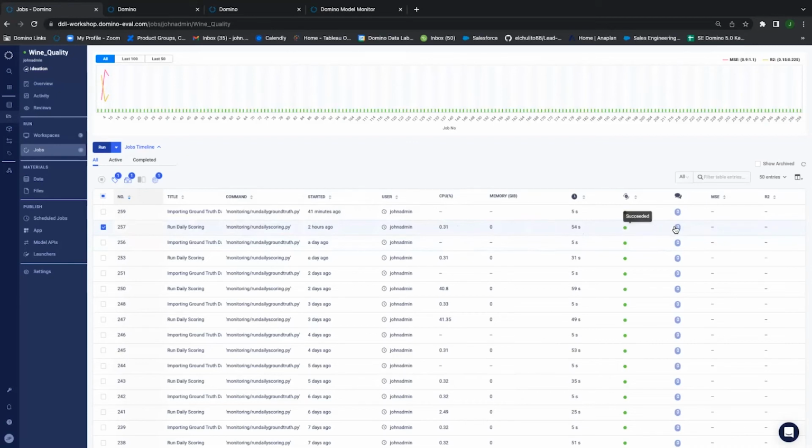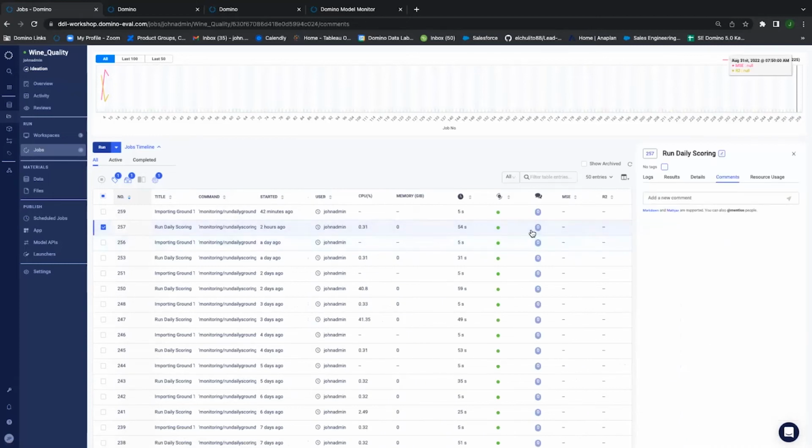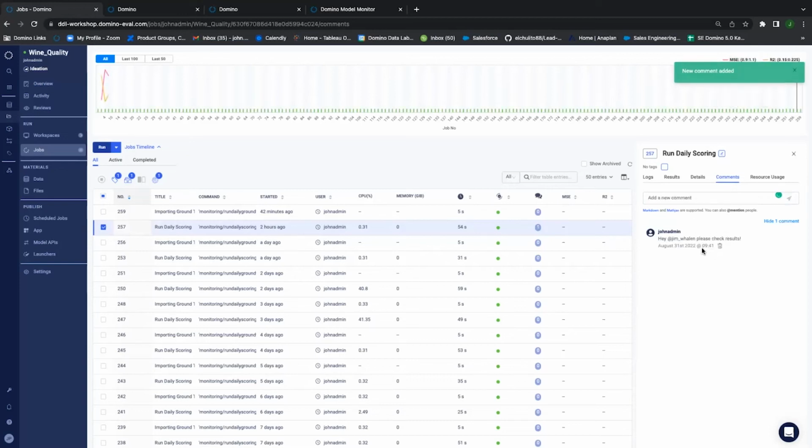Did it fail? If you want to communicate with other individuals, if you select this option here for collaboration purposes, you can write comments. So I can say, hey, Jim. If I type @ and then Jim's name, he'll show up as an option. I can ask him, please review results. And so this is how I can work with him collaboratively. Please check results. And now when I do that, Jim's going to get an email from Domino specifically to go ahead and check results. And so once he gets that email, he can come back in with Domino, go into projects, go to jobs, and then see what's going on with this job and look at the results.